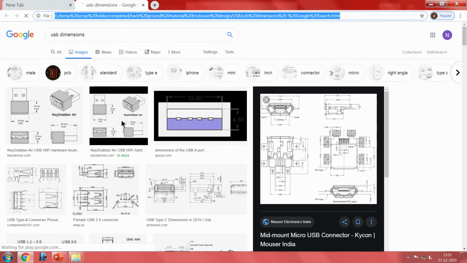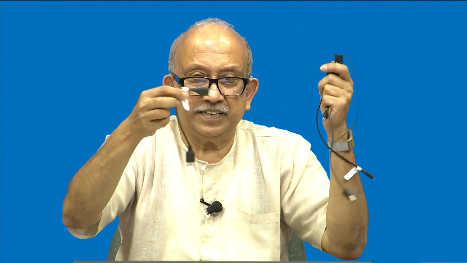So, you see a very large number of cables and connectors, everything is available. I am sure some of you would have been thinking, hey, that is what I was looking for, USB extension. So, we have a type A, for the present I will call it a plug, then I will call it a socket. So, it can be used as an extender.